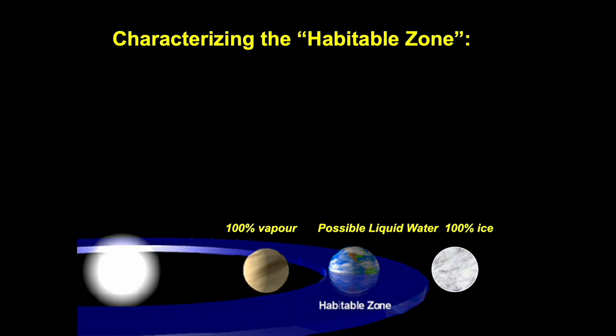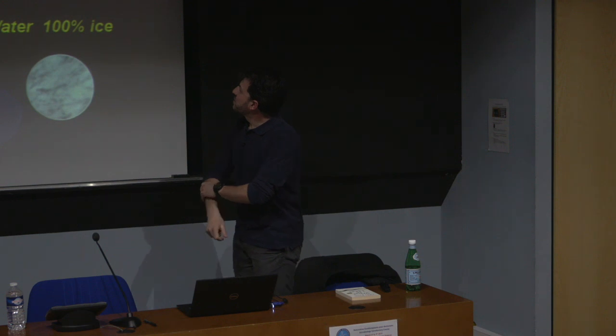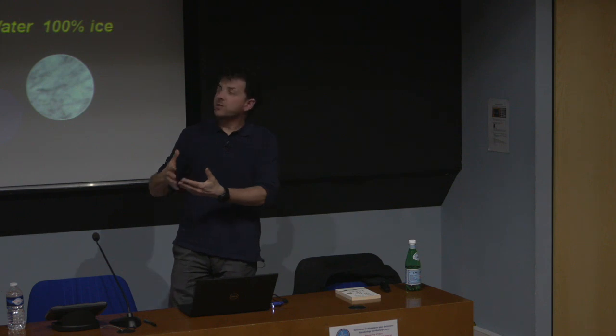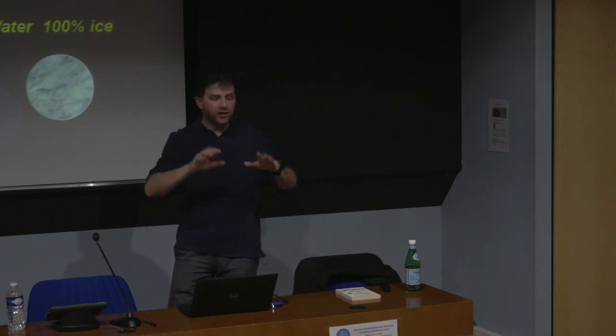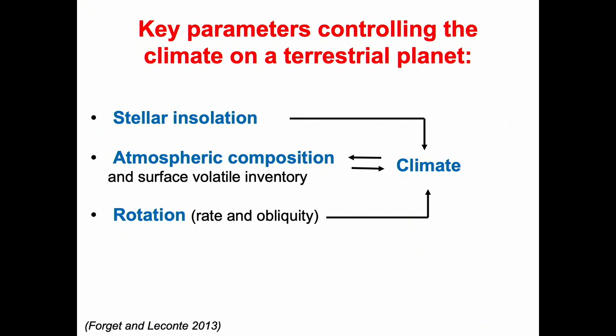How extended is the habitable zone? It's a problem of climate of an atmosphere. It's good because I'm a climatologist, so I can study this. So now I will open a little side story about how we study climate and atmosphere on other planets, and in particular the kind of tools. If you're interested in this literature, you have different models that have been used to do that. When you work on that, you can demonstrate that the key parameters controlling the climate on terrestrial planets are not an infinite list. You really have three big